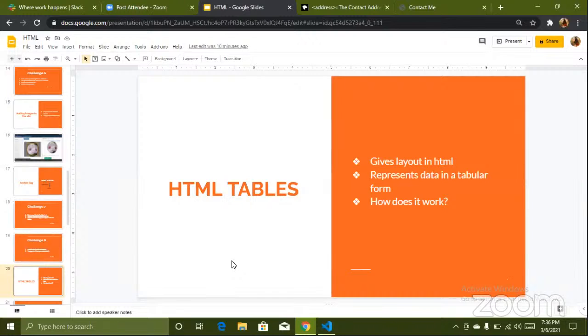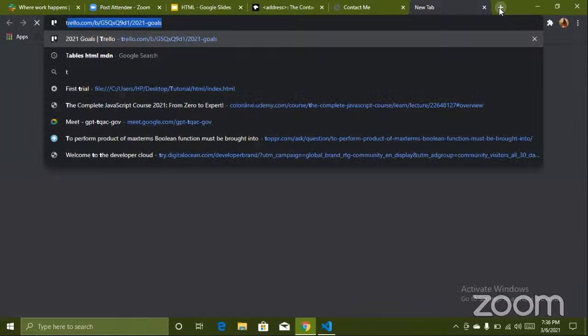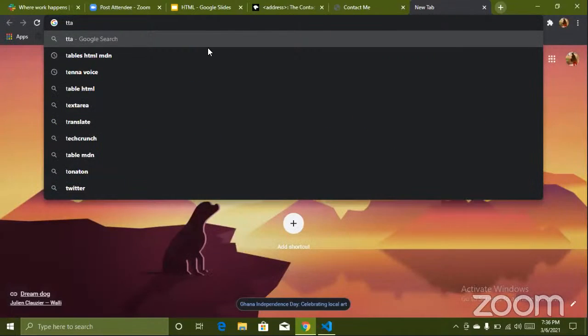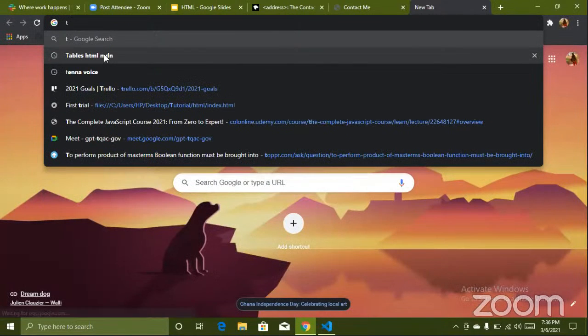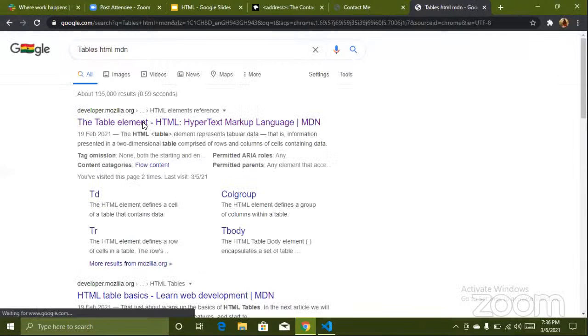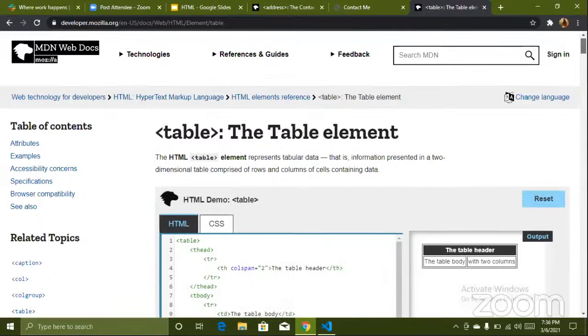Now I'm going to talk about tables. And tables give layout in HTML, and then it represents data in a table, as it suggests. So let's just see how tables are. So, tables HTML. Okay, so